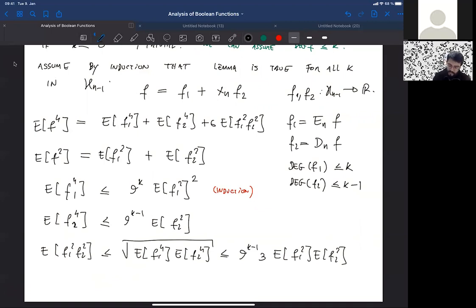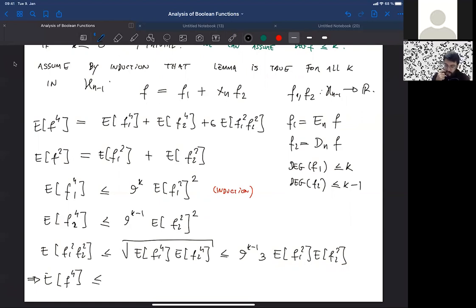Oh, I think I'm missing a square here. Yes, I'm missing a square there. And so if you apply the same bound here, you would get what? 9^(k-1) and 9^(k-1), at least here, would go out, and there would be an extra 9 coming from this guy, which becomes a 3 after the root, and both with the squares, now without the squares. Okay, and then if you just replace, then you conclude that